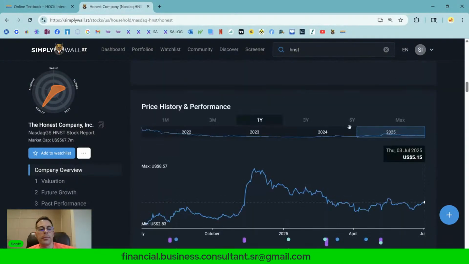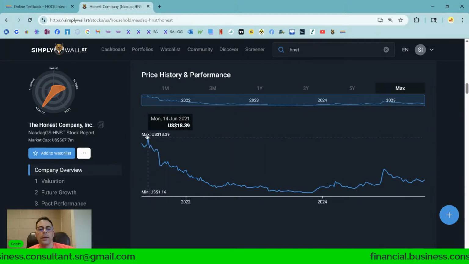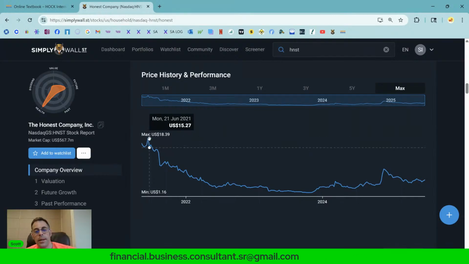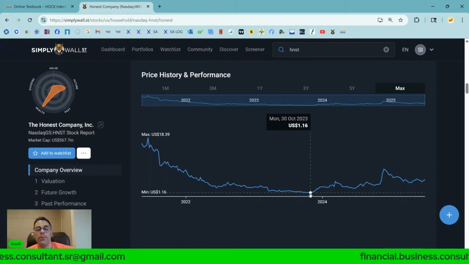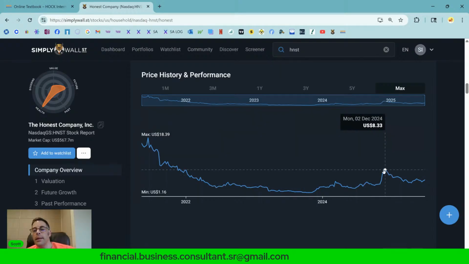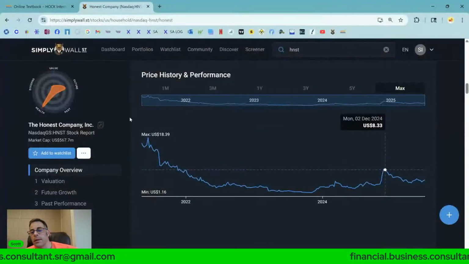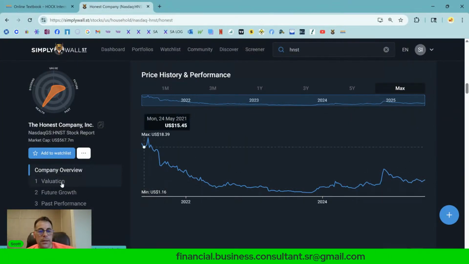I'm at 7.34 a share. Let's see what it's been trading at. 18. So pretty much at IPO was the peak, or right after IPO, and then it just came down since then. Got really low in 2023, $1.16. It did run up to 8, which is kind of close to my target. And it has come down from 8.